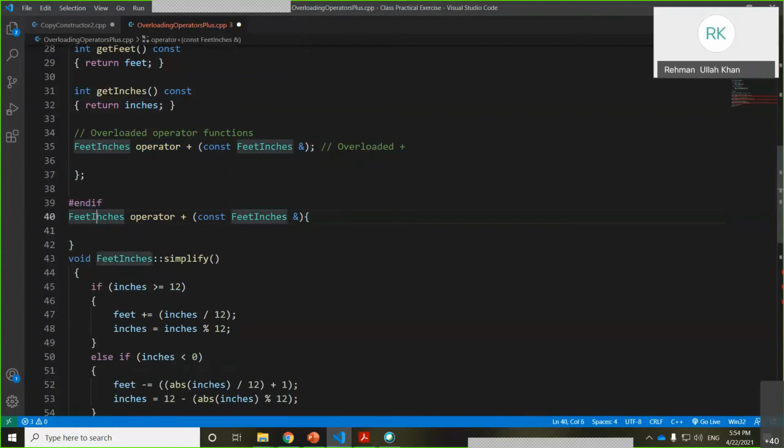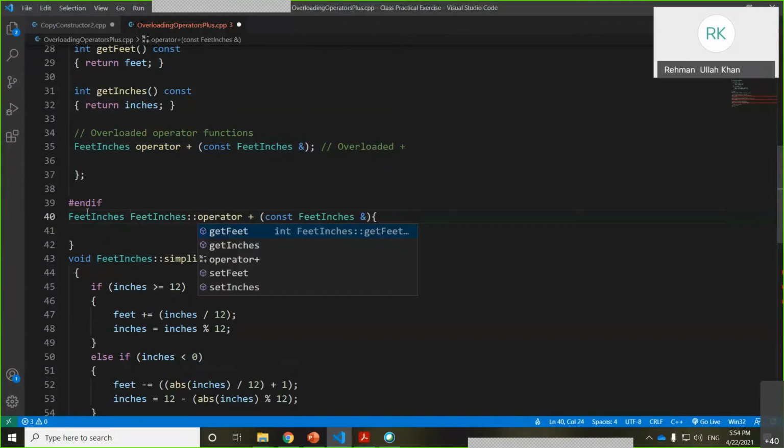The same thing: this is the return type, this is the class, the function name. But the point is, when you are defining outside the class, you will have to use the class name once again and the scope resolution operator to show that this function belongs to this class. And don't be confused by the two-time usage of the class name, because the return type is the same object.